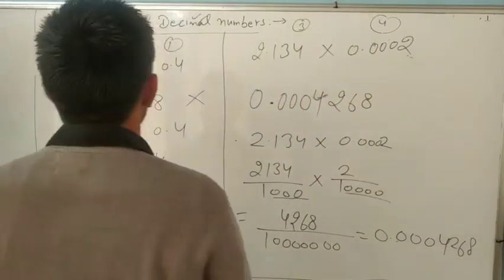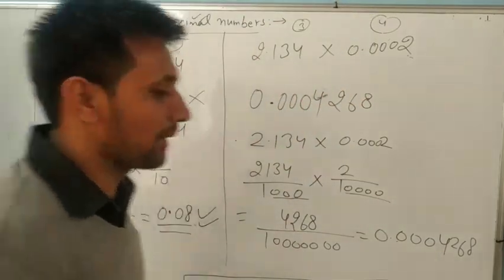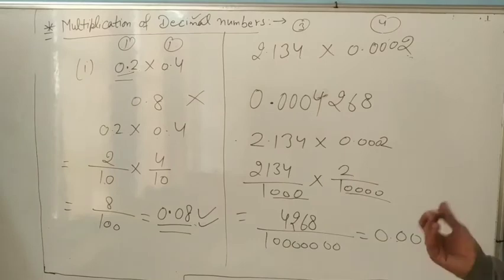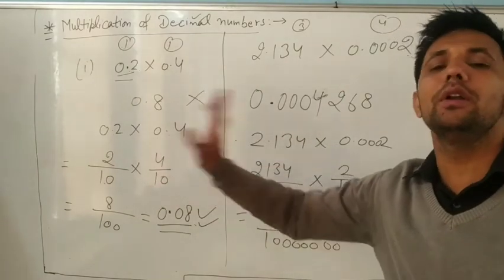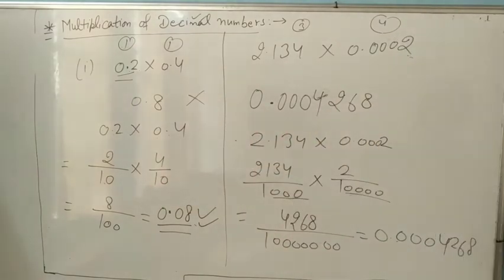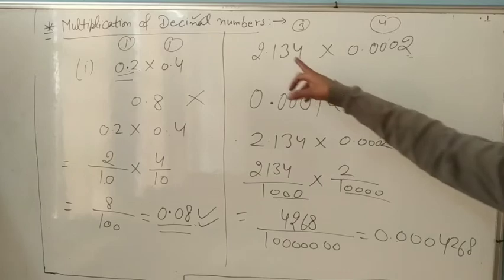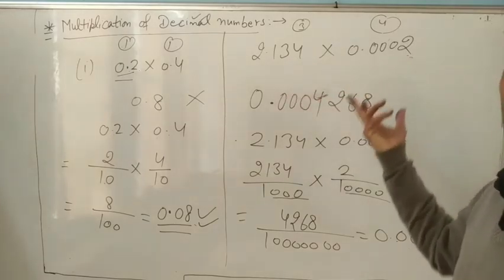Look at it. Understand how to multiply decimal numbers. You can write directly, otherwise you can remove the decimal and then write. But in higher classes we will write directly. And how will we write directly? We only count. There are 3 digits here, and here 4. We can write easily. Okay?